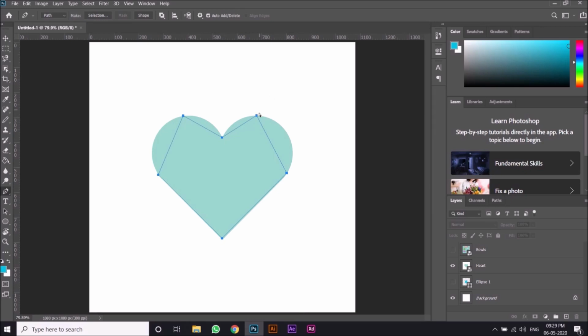Now I'll make use of control and then click this point, and then I'll convert it to a curve like this. Left side seems fine. Now I'll click on this and then I'll change its curve just like this. Yeah, exactly. Let me decrease it a little bit.